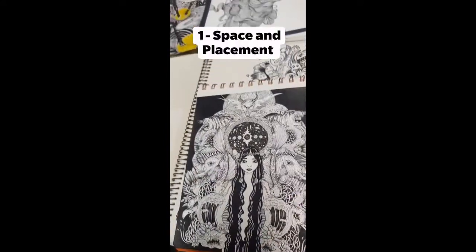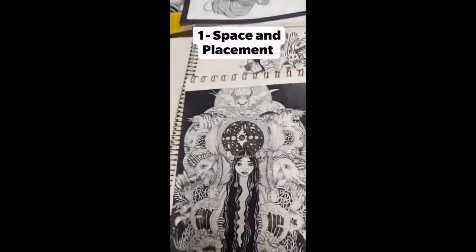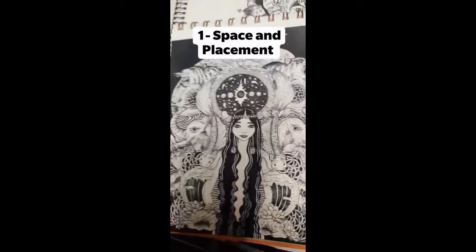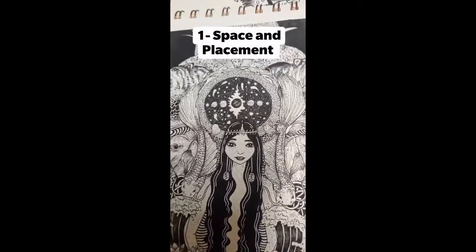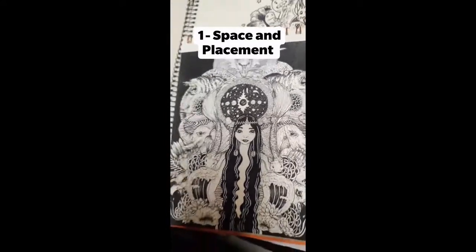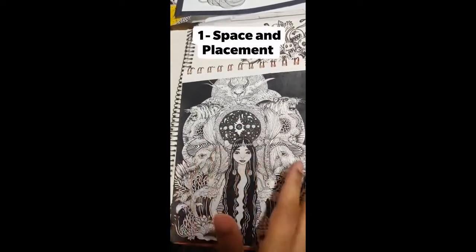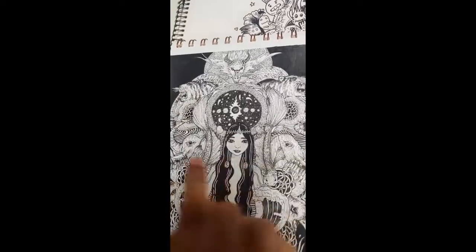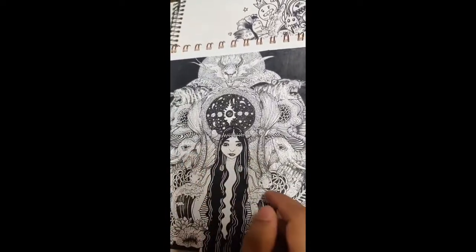There are a few things which I keep in mind when I draw a full-fledged doodle. First is spacing. So spacing denotes the closeness of objects that you are drawing and its placement. So I usually like to draw doodles which are compact. You can hardly see any space between the icons or the things that I have drawn.